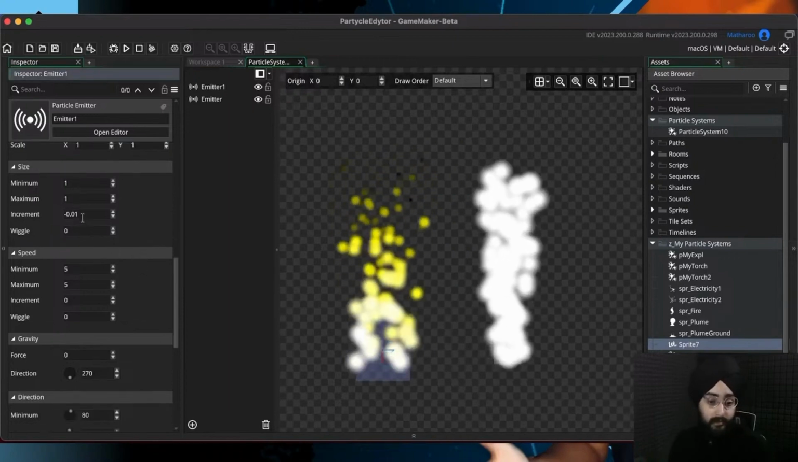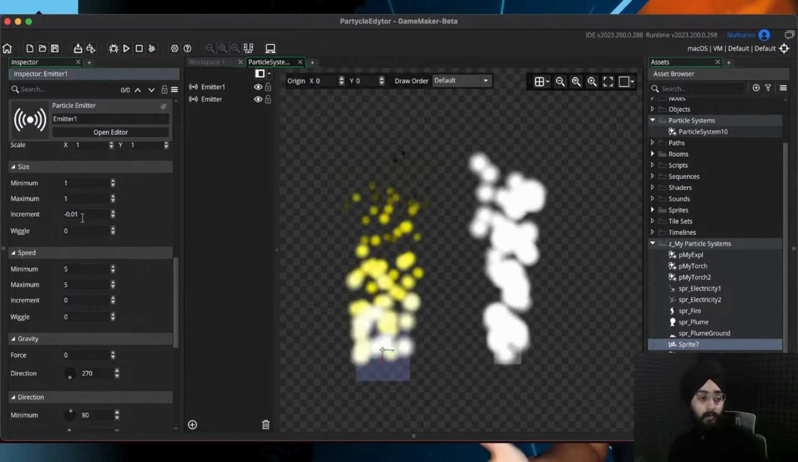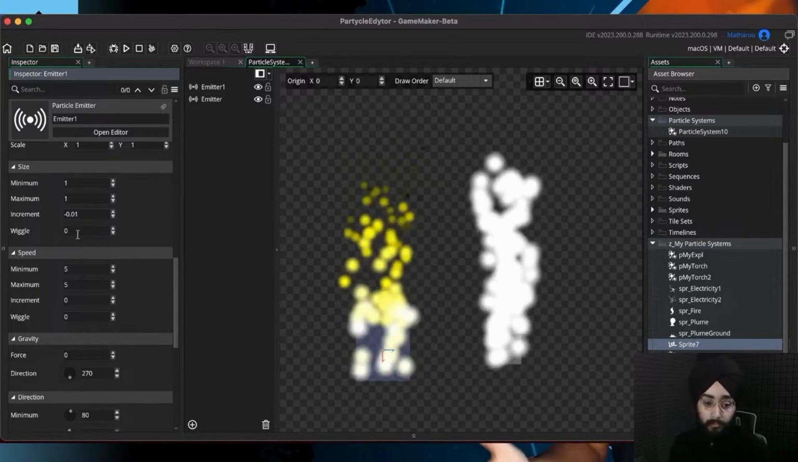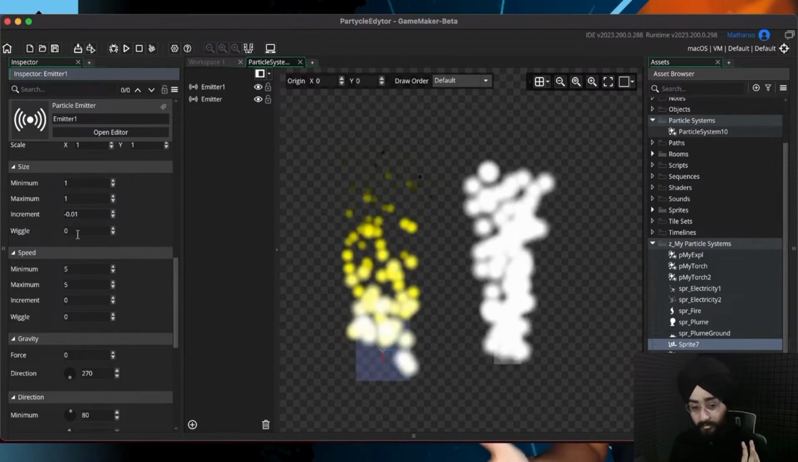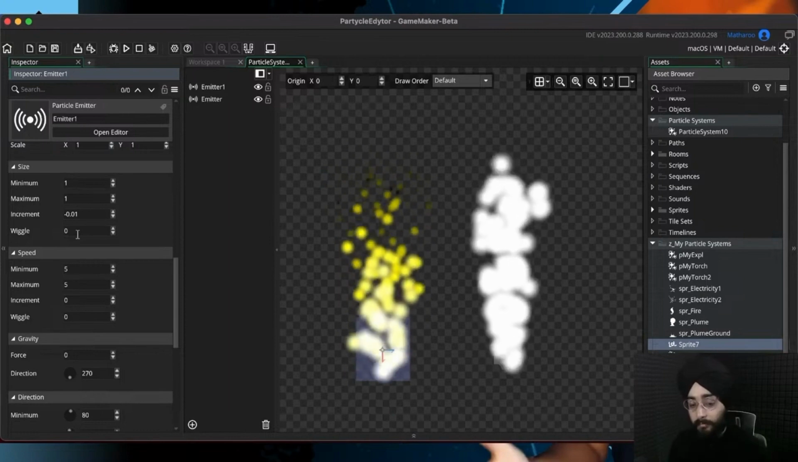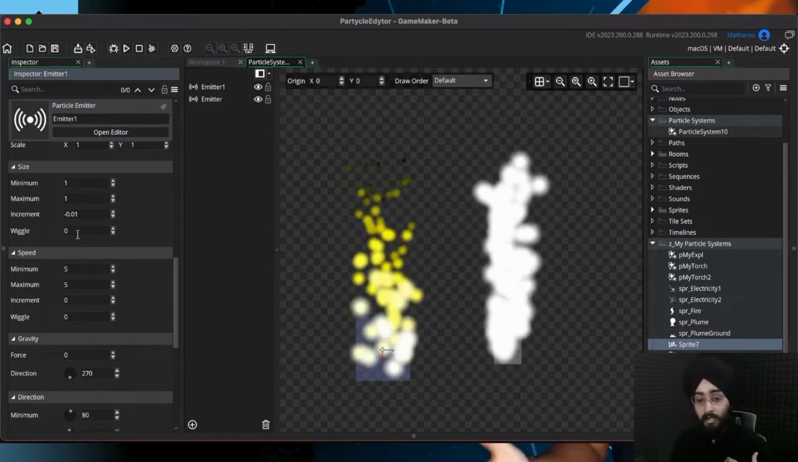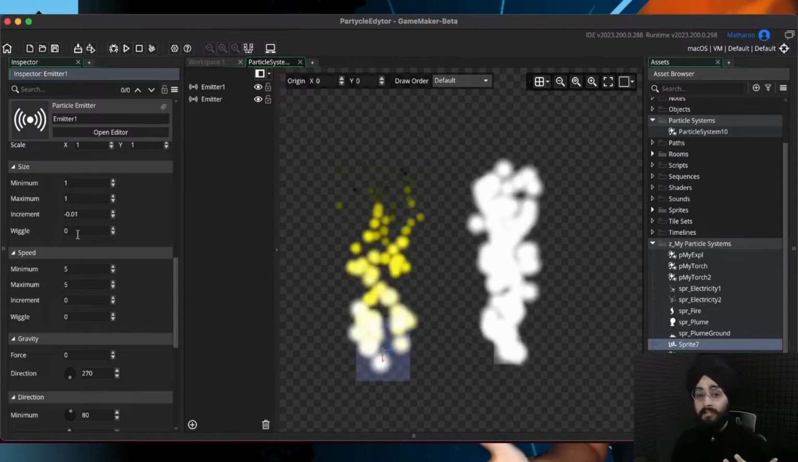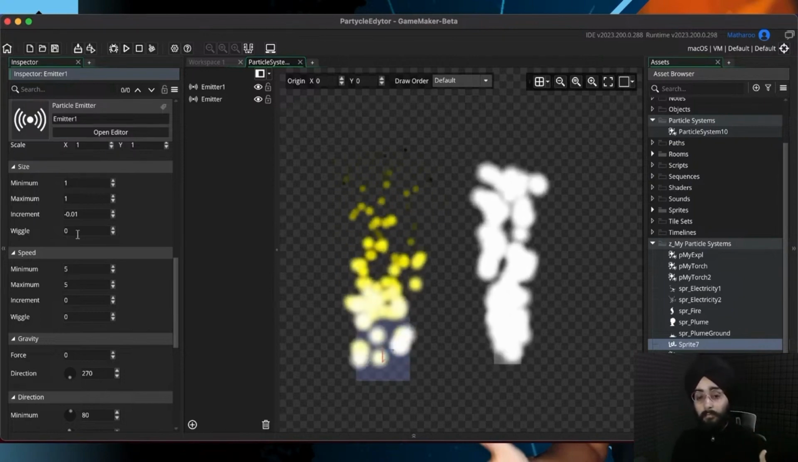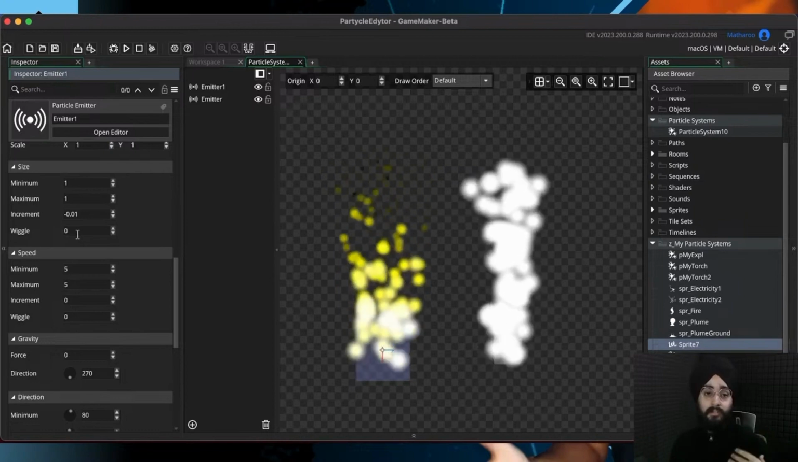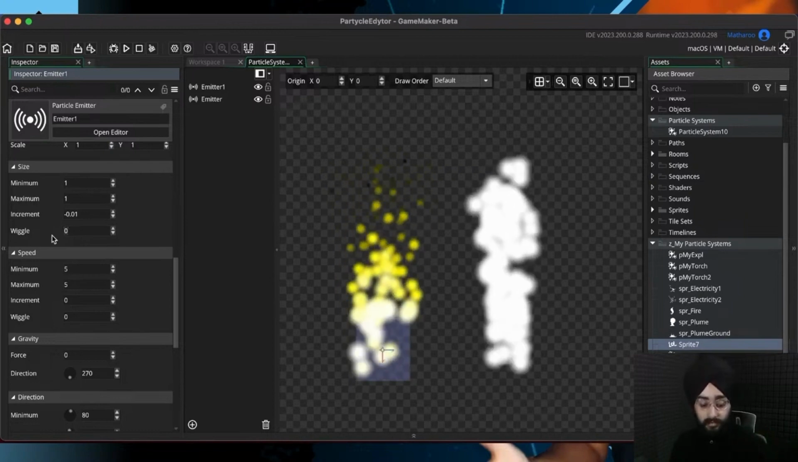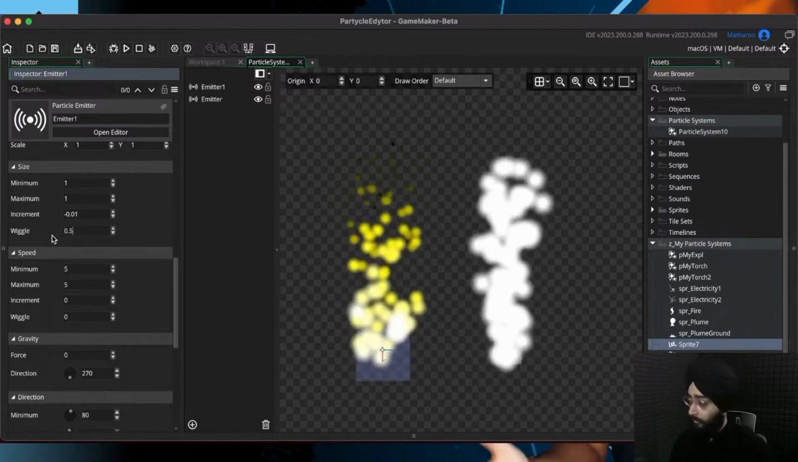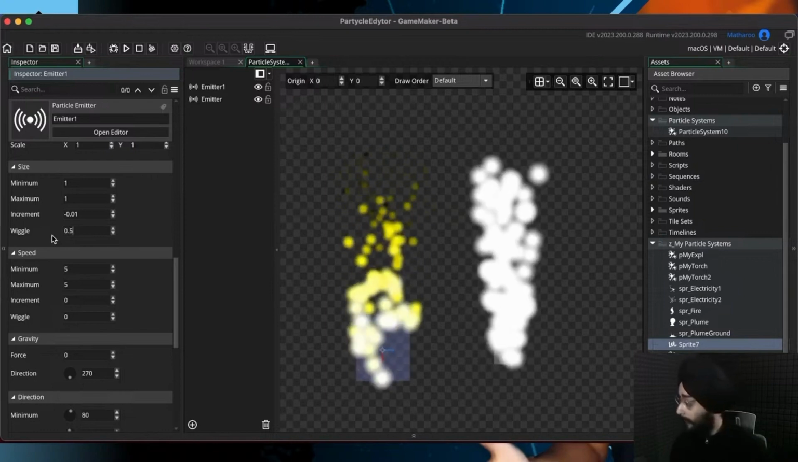So that's the size. There's a wiggle argument as well. And if you write a number here, it will be randomly added to the size of the particle every frame. The number itself won't be added. The number that will be added every frame will be between 0 and the number that you entered. So it will be random in that range. But if I just enter 0 0.5,